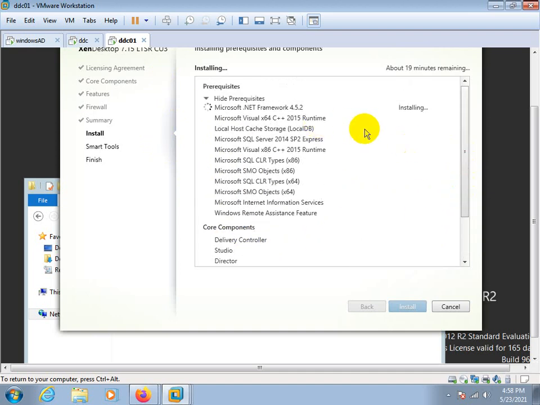It will take, I think, two or three reboots in between the installation process. Complete components have been installed, along with .NET and the local host SQL Server. It's a basic component that is required for that installation. That is .NET, Visual Studio, Microsoft components. These are the basic prerequisites. Here you can see the prerequisites to install this on the delivery controller.